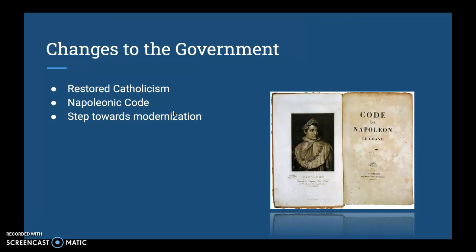Napoleon also created the Napoleonic Code, which had many laws that were created for citizenship, family, and property. The Napoleonic Code also created lycées, which were high schools, and this was a big step towards modernization because high schools were also created around the world by many other countries after Napoleon did it with the Napoleonic Code.